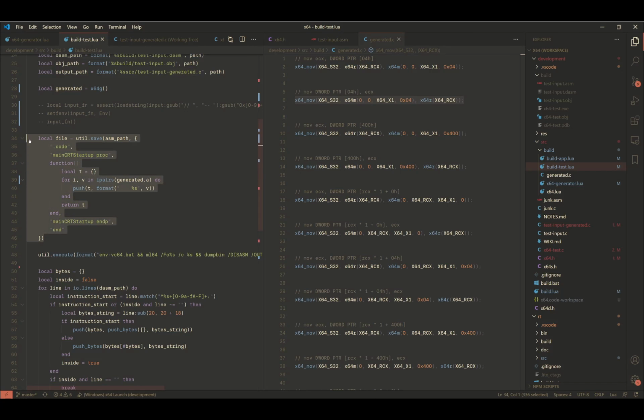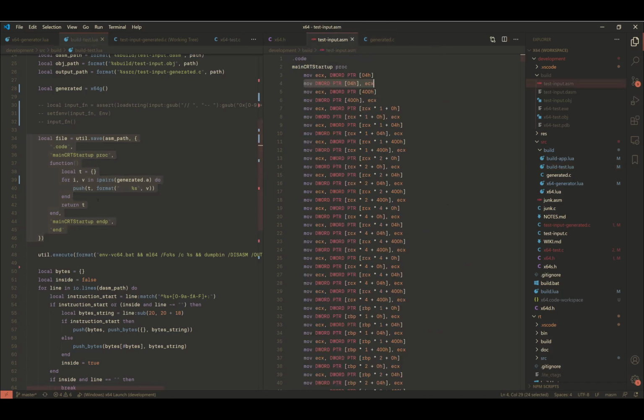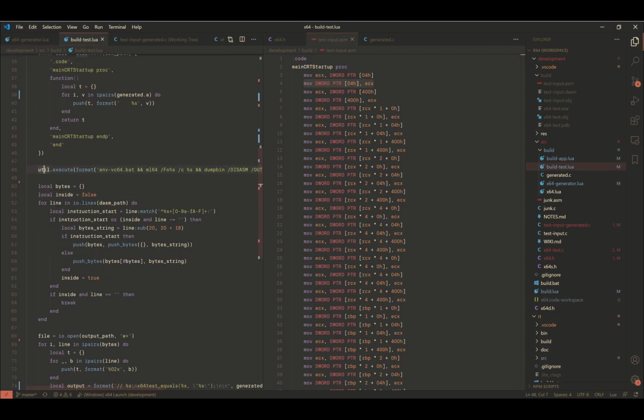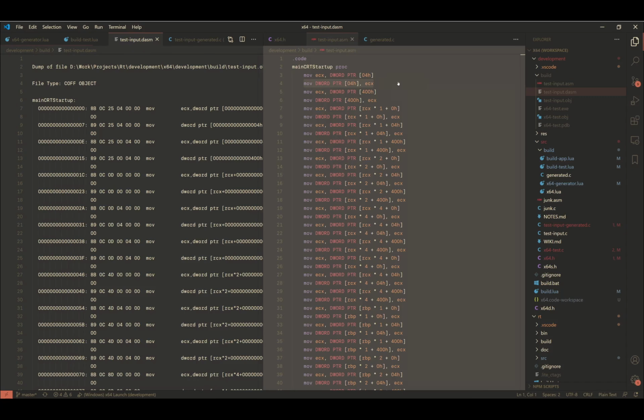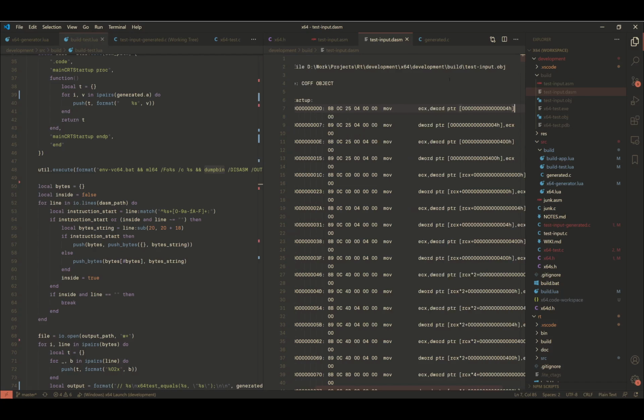It will produce the assembly file, this one. It will compile it. Then decompile it. So we get this insane file, which will tell us that, hey, your instruction is this, and the bytes used to encode the instruction were this. So this is a thing that we expect our library to produce as well. And we will parse out these bytes in order to generate